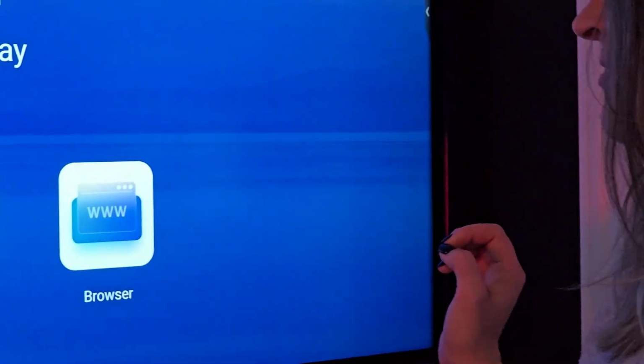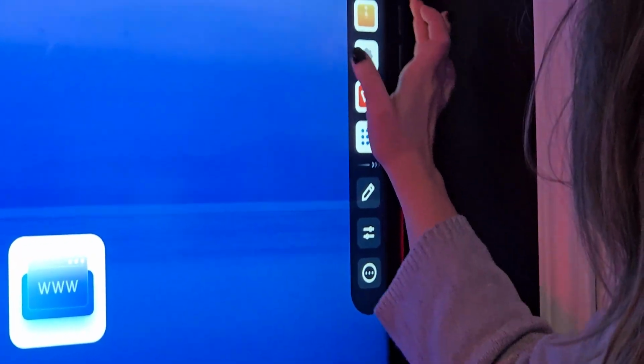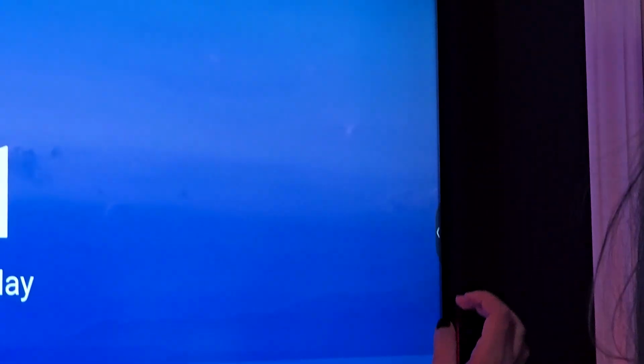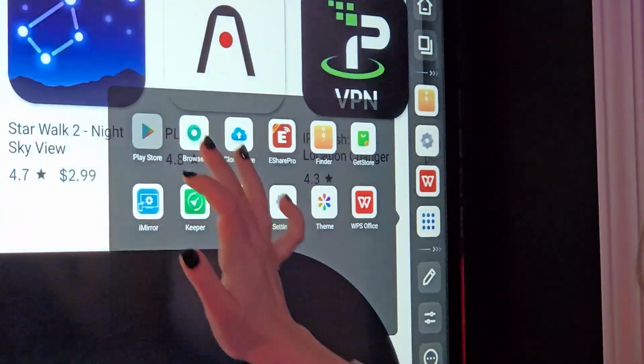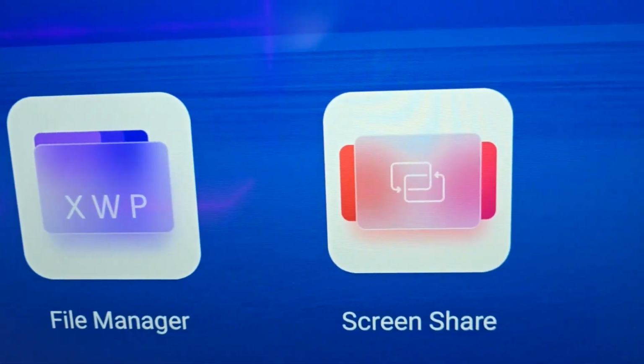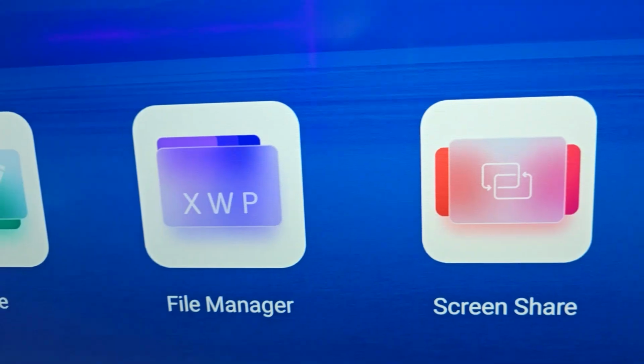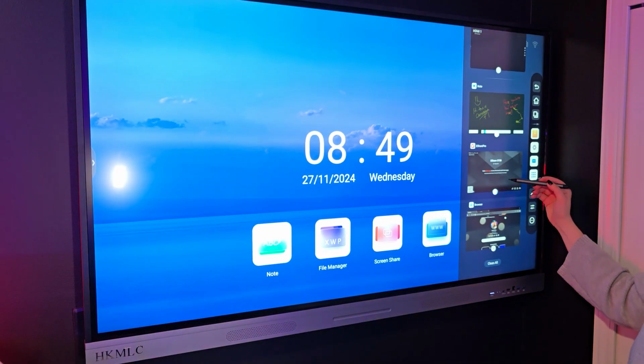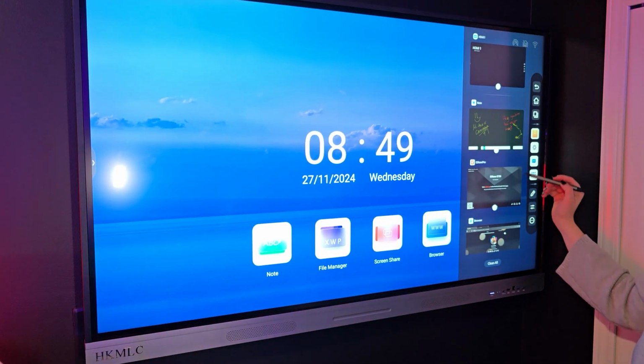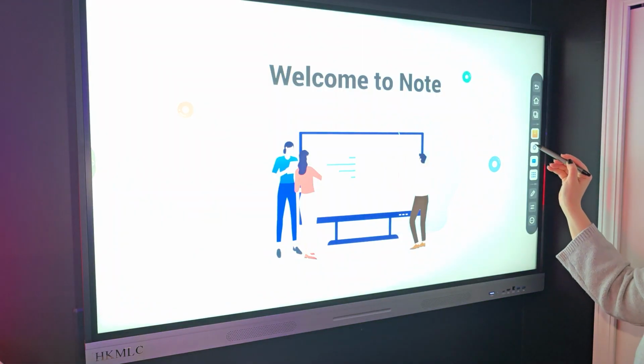One of the great features of the Android OS is the multitasking capabilities. You can easily switch between apps without any lag. Want to go from the Notes app to a web browser to open a file? No problem. You can switch seamlessly between all of your apps, making it easy to juggle multiple tasks during a